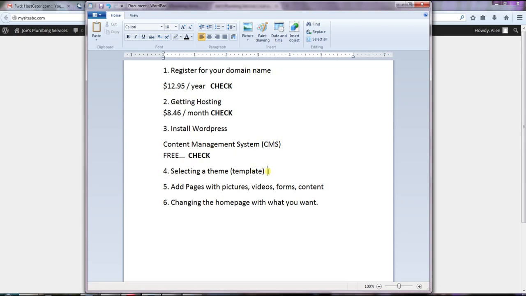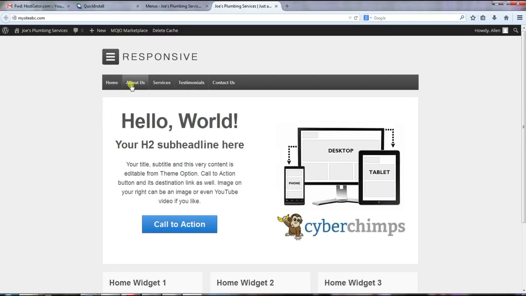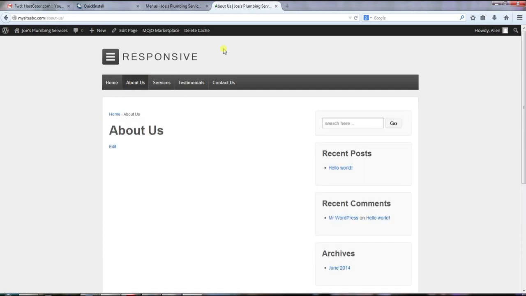Now let's take a look at our pages. So we got our theme. Check, and that was the responsive theme. And now we're going to be adding our pages, which we already did, but we want to add them with the pictures and the content and the forms. And so this is almost done. So now what we're going to do is we're going to click on About Us,